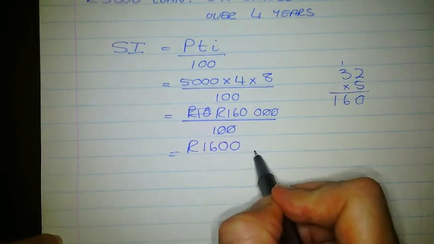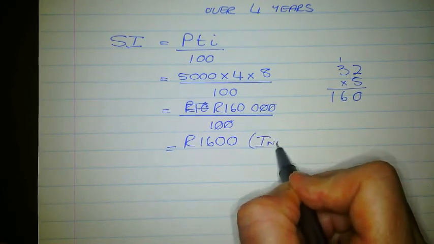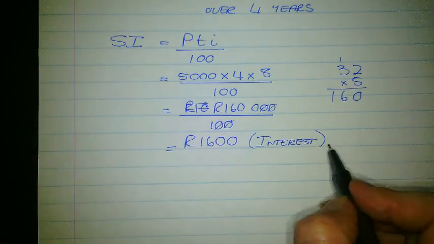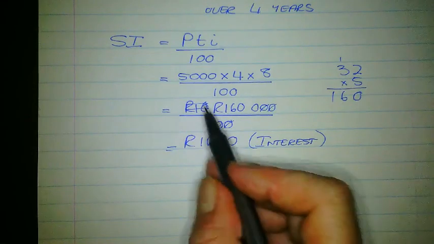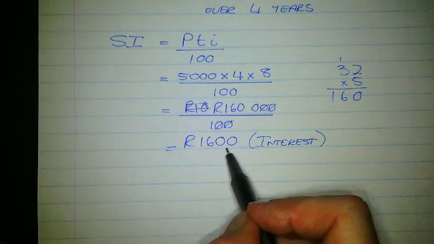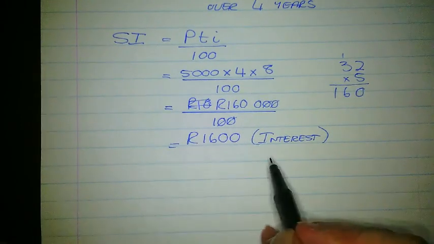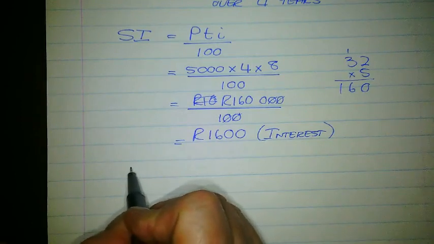So this amount again, what did you calculate here? That was the interest, and that means that's the extra money that you have to pay back for the possibility to be able to use the 5,000 that the bank gave you. Okay, and now watch out again, don't just stop your calculation there. If you need to calculate the total amount